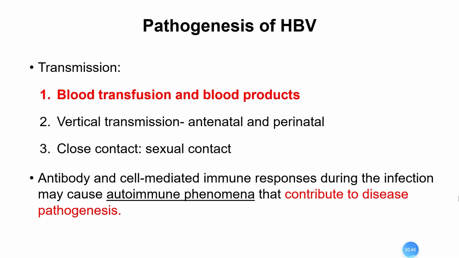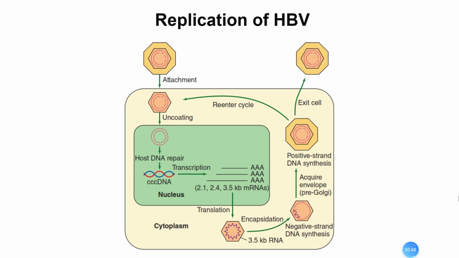Let me show you the life cycle of HBV. It's the replication of HBV. HBV is a DNA virus. We learned before that for DNA replication, the genome needs to get into the nucleus. So that's important. After penetration, the virus gets into the cell. And after uncoating, the viral genome needs to get into